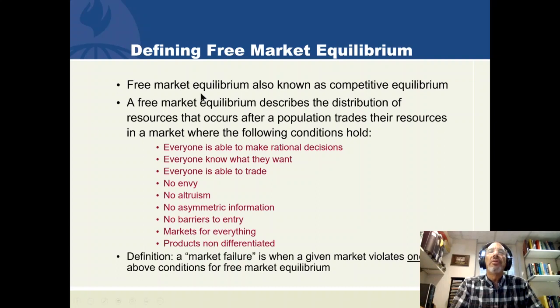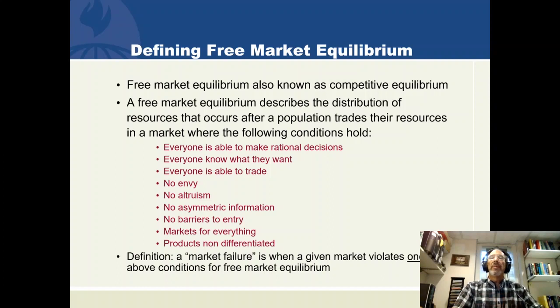So we allow these red conditions to occur in society. The resources will flow, just like we just saw, and after the population trades their resources, that is the economy. Remember, the list of resources that occurs in a free market equilibrium. So a market failure is an economy where one of these conditions is not true. But if we have all of these conditions in our economy and we observe the resources that are held by the members of society after these conditions occur and the people do their trading, we'll call that a free market equilibrium economy. It is a list of things that has occurred in a free market equilibrium.